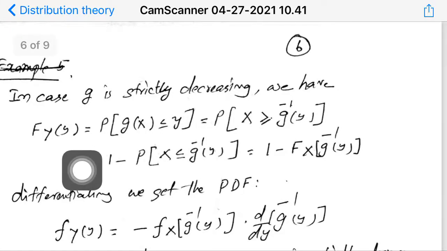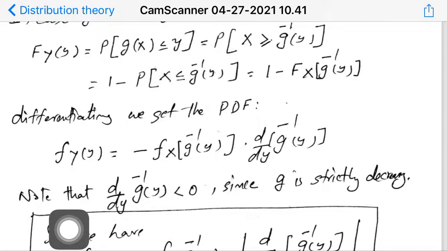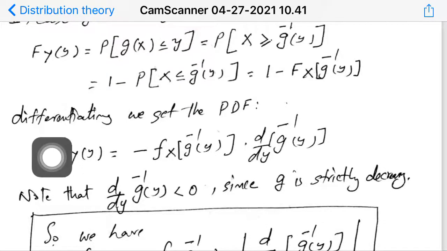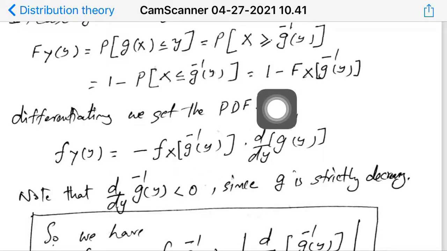Okay, and then you find the differential of this. Once we get the CDF, we can take the differential. When we take the differential, what do we get? You see that the differential of this is equal